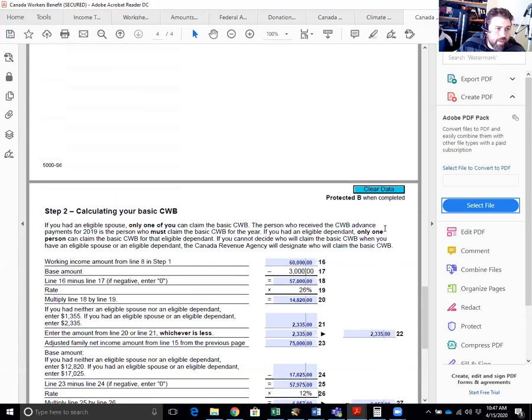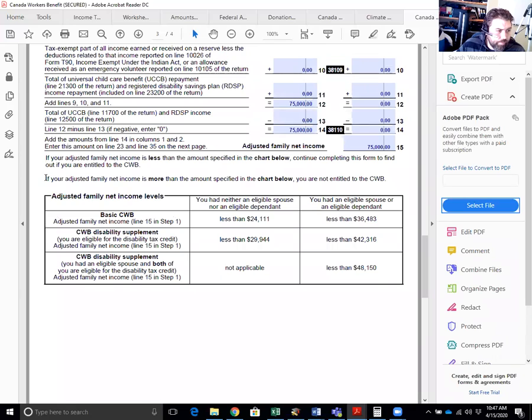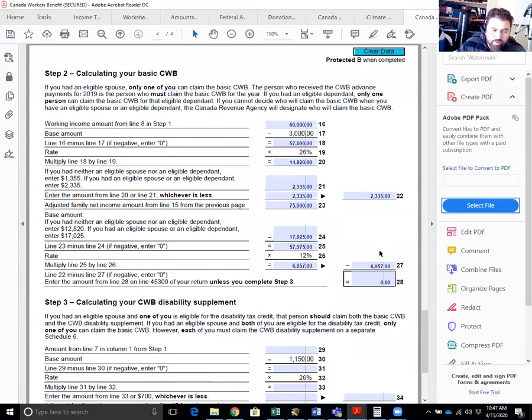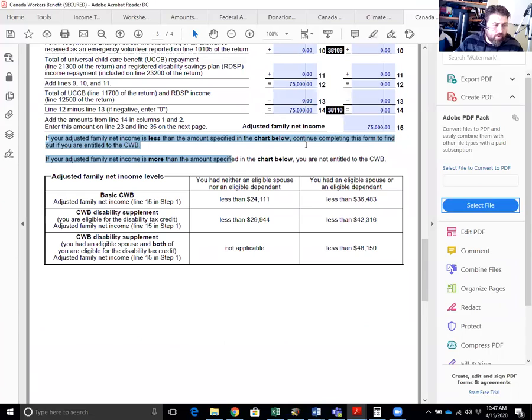So the note that they gave us here is correct, right? I went on and did the math anyways, just to prove to you that they were correct. And that is the Canada Workers Benefit